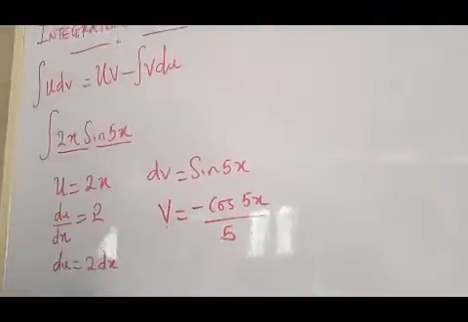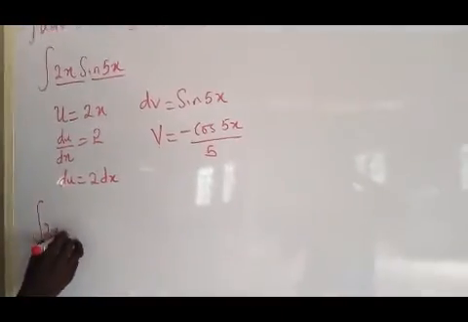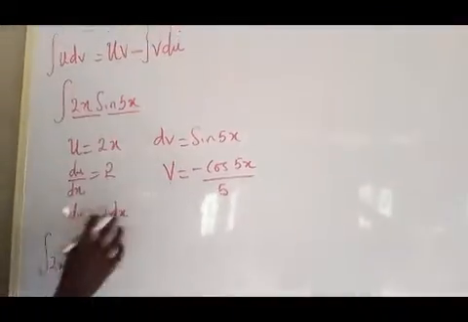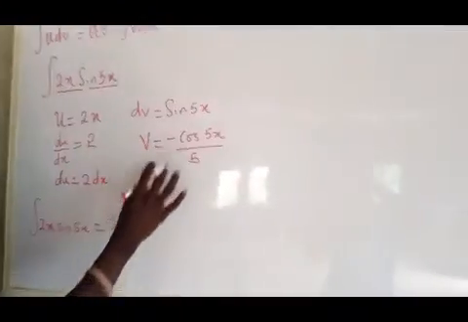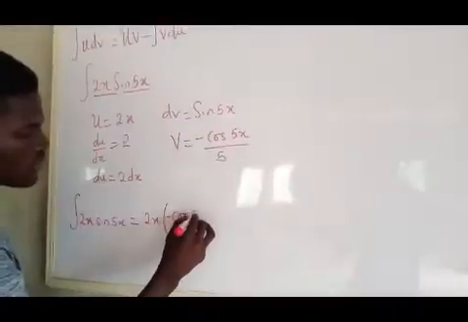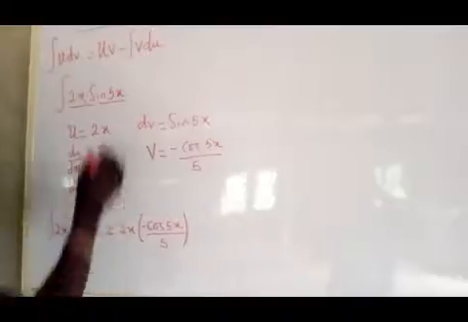So I can now apply it into the formula. That means the integral of 2x sine 5x is equal to uv. What's my u? 2x. What's my v? Minus cos 5x over 5. Then minus